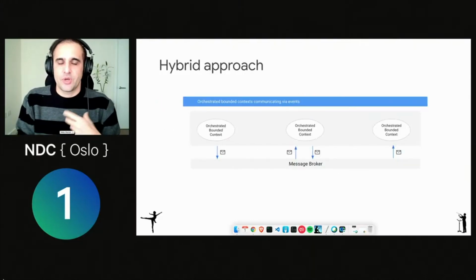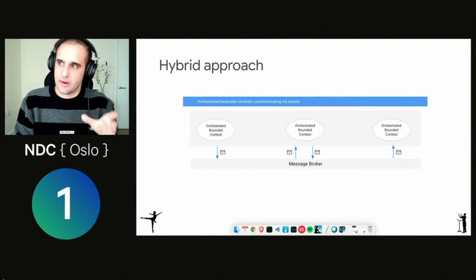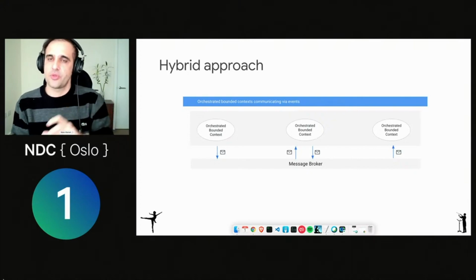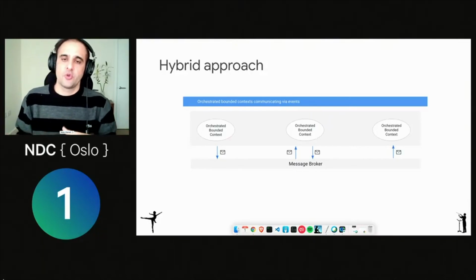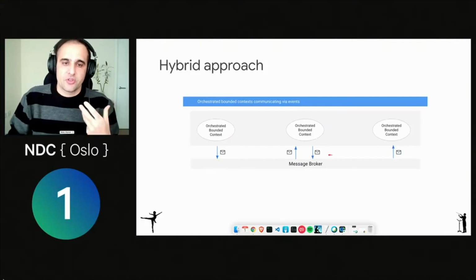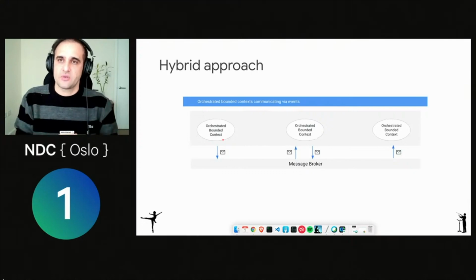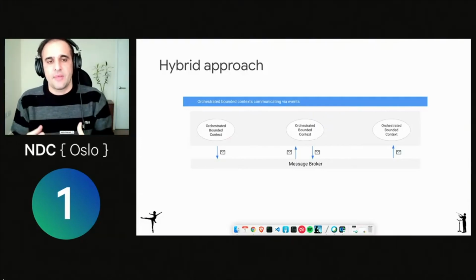And of course, you can also take a hybrid approach. And I think this is what I usually see in real world applications. You don't really go with just event-driven or just orchestration, but you usually go with a mix of both when it makes sense. So what you can do is orchestrate what makes sense together. If there's a transaction with multiple services that makes sense to go together all the time, then you orchestrate that. But then at the end of the transaction,